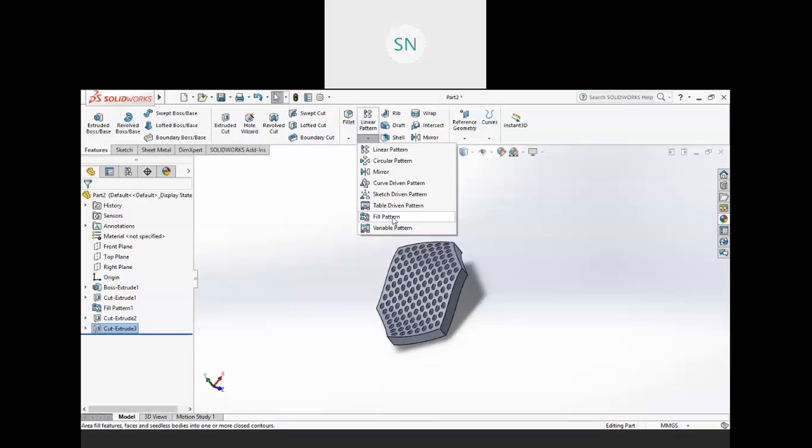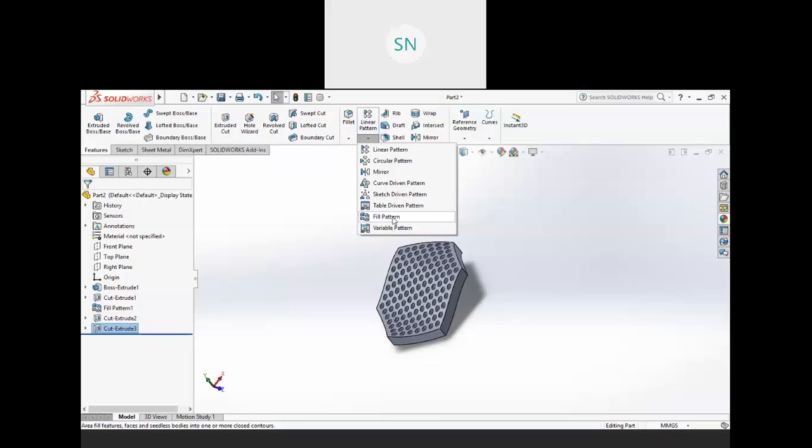So if you have a computer system, just look at the back, at the cooling area of your fan. You will find so many holes on your plate, right? So that's the example of fill pattern. If you are sitting on a plastic chair, on your back support you will get some kind of pattern over there, right? So that is also a fill pattern.